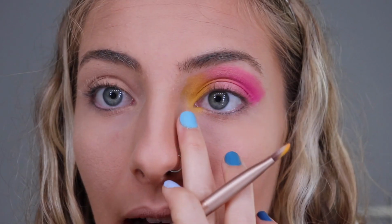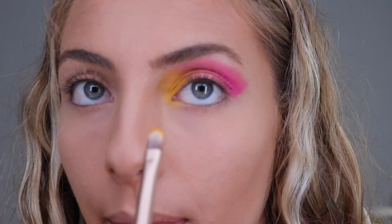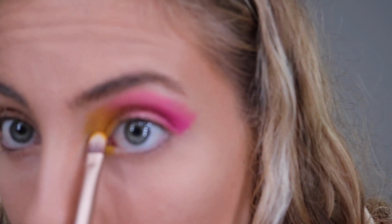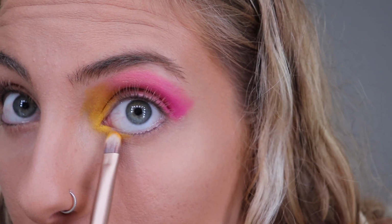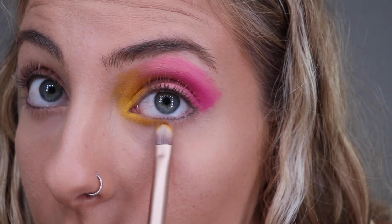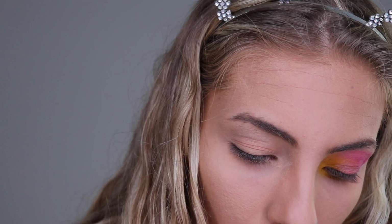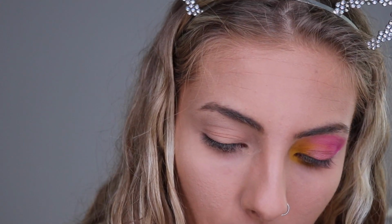Now I'm gonna start bringing down these colors into my lower lash line. So I'm gonna go in with the yellow right under here. Right about halfway. Then with the darker pink,